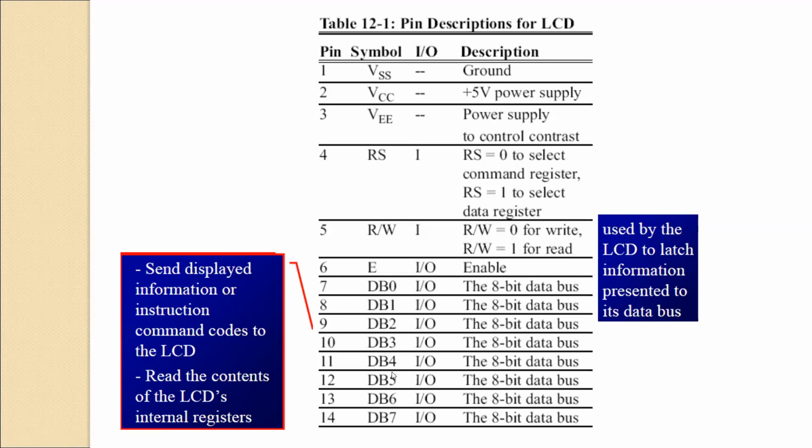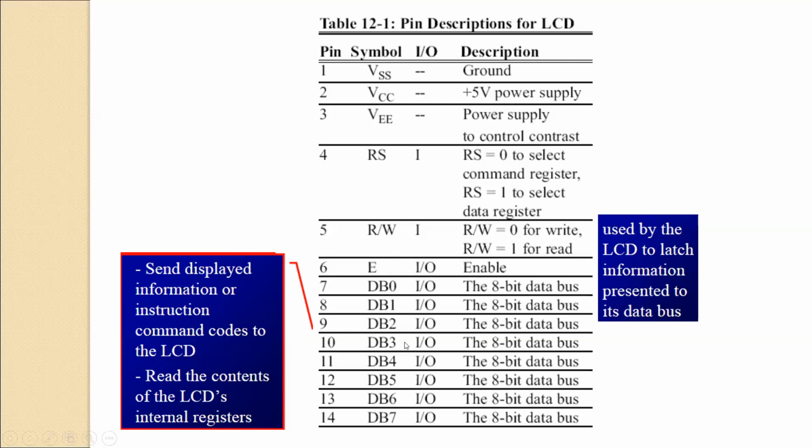So what we want to do here is send 8-bit data from our 8051 to the LCD panel. Like here we want to print, suppose, your name, or my name, or PICT or SCTR, this type of string. If you want to print, then one character is 1 byte, so the total number of bits is 8. So it is 8-bit data, and that's why DB0 to DB7 are for data sending.